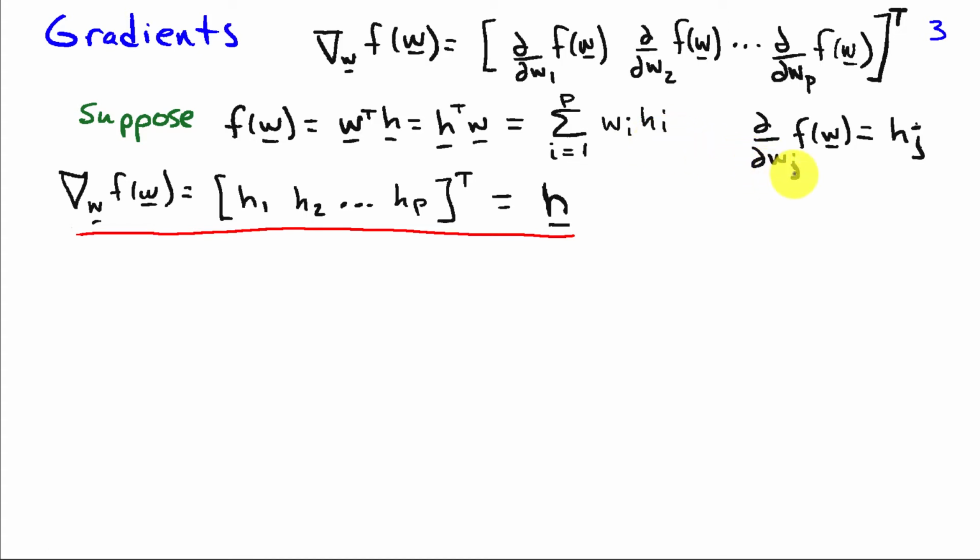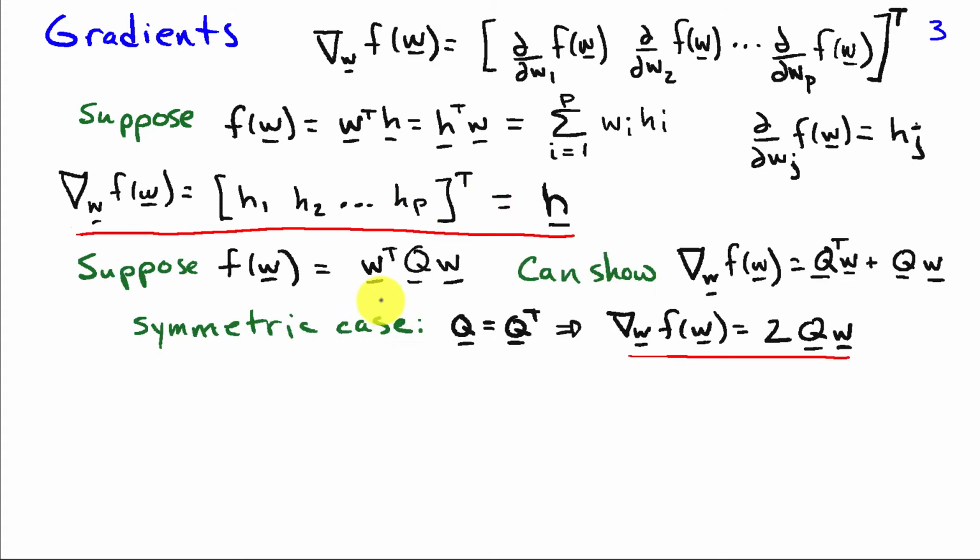So this partial derivative of f with respect to wj is just h sub j. So when I take the partial with respect to w1, I get h1, partial with respect to w2, I get h2, and so on up to hp, and that's just h. Now suppose we have a